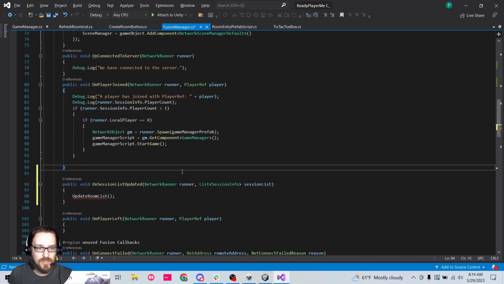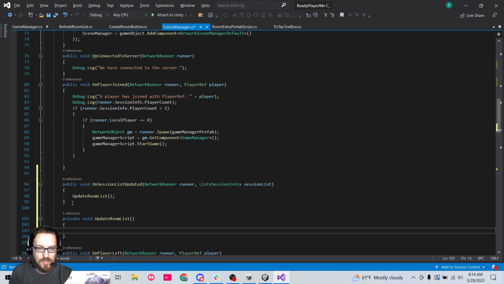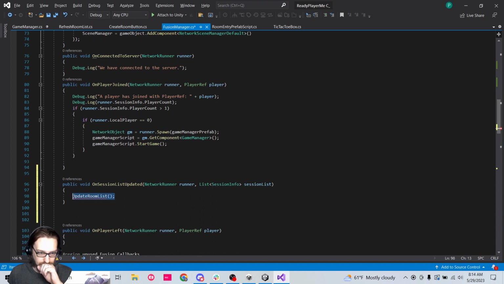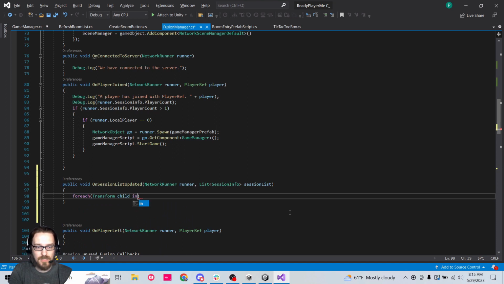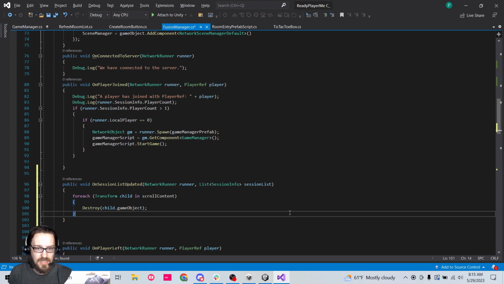And we're just going to come up. I'll just do it right here. So private void UpdateRoomList. You know what? I'm not going to do it in a separate method because I want to use the session list here. So for each Transform child in scrollContent, we want to destroy child.gameObject, because you can't destroy transforms, but you can destroy game objects. All right, and then